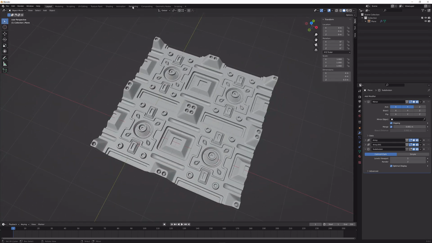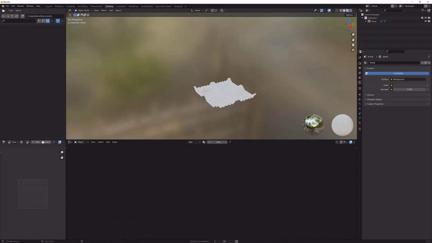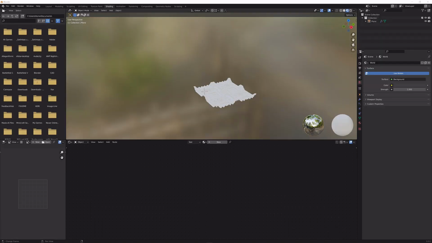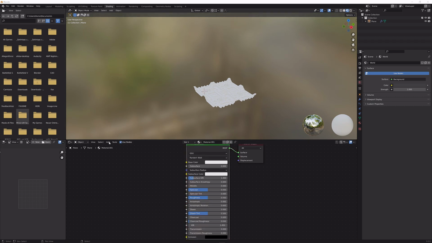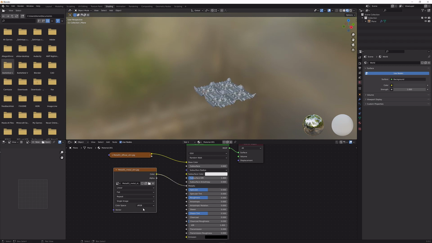And an easy way to texture this is just by going into the shader editor. I'm going to get myself a texture. Let me see. Okay, any metal would do. Let's just give this a basic material. I'm going to get the diffuse map in here, just apply it like this. Get the metalness, put it into the metallic, of course non-color data, roughness,